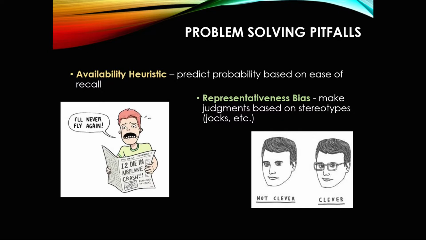Another bias that we have as people is called the representativeness bias. And this really has to do with making judgments about people or situations based on stereotypes. So, the representativeness bias, if you've ever had an experience where, let's say that you find out that one of